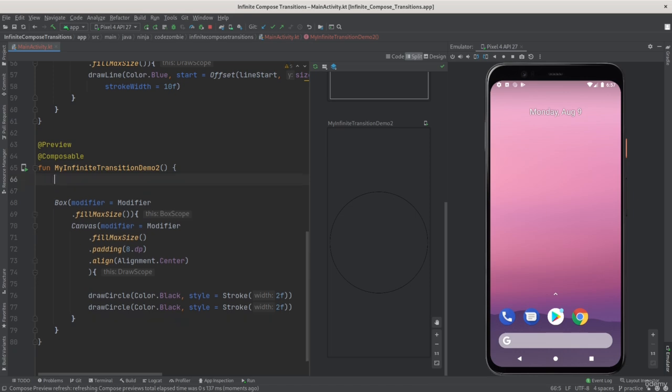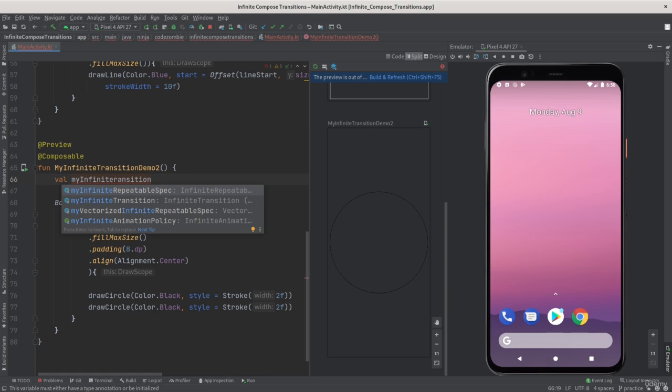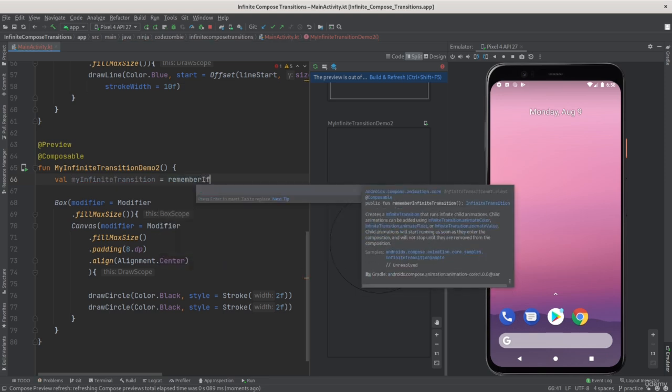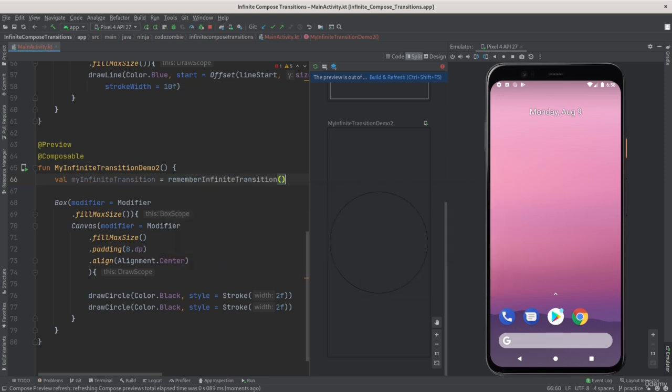First, you have to also create the infinite transition. It's very important. Val my infinite transition equals, remember, infinite transition,